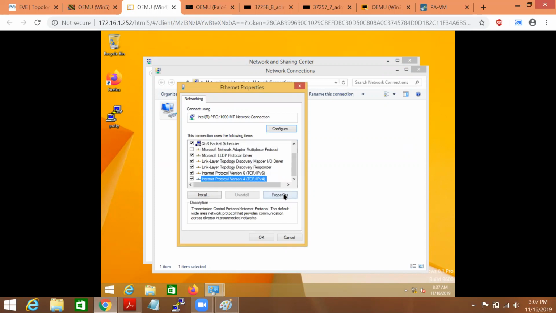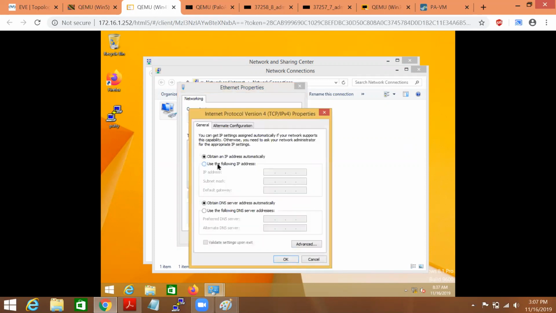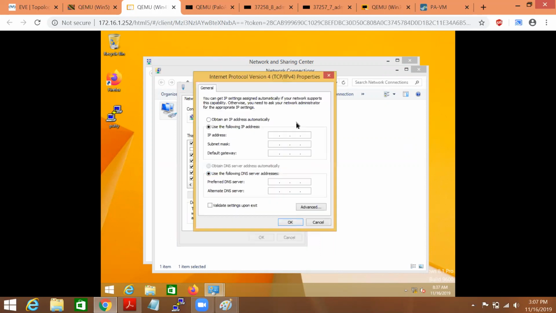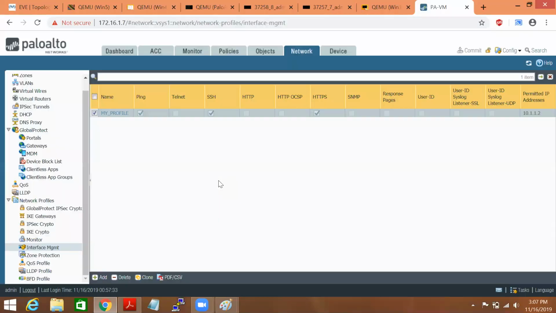If I'm saying allow or deny service based on interface, it means we just enable the service, nothing else. Suppose a person is sitting on 10.1.1.3 and we have to provide the management services to that particular IP. So you can mention the permitted IP that I was showing you.